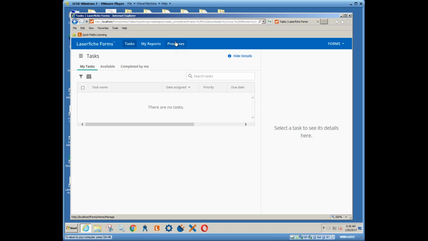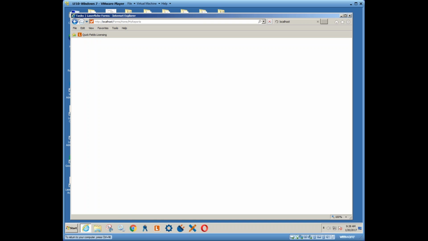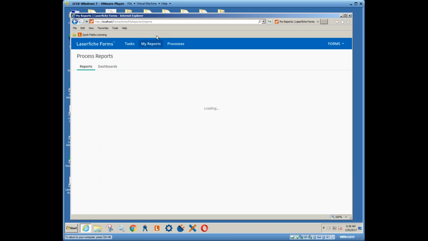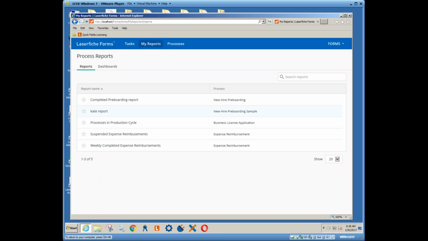So that's your typical screen that you would get shown as an end user. If you are an end user and not an administrator type, you may not see the Processes tab up here. You might just see Tasks and My Reports. So an end user will see Tasks. They will also see My Reports. And if you click on that, there should be typically a report or two that they can look at. They might relate to all the forms that they are allowed to see. Maybe they need to